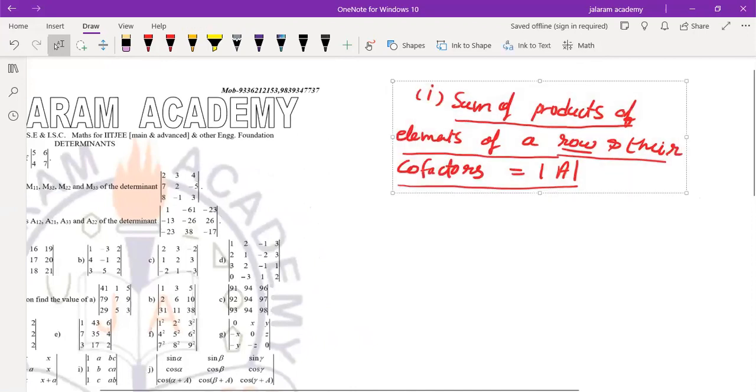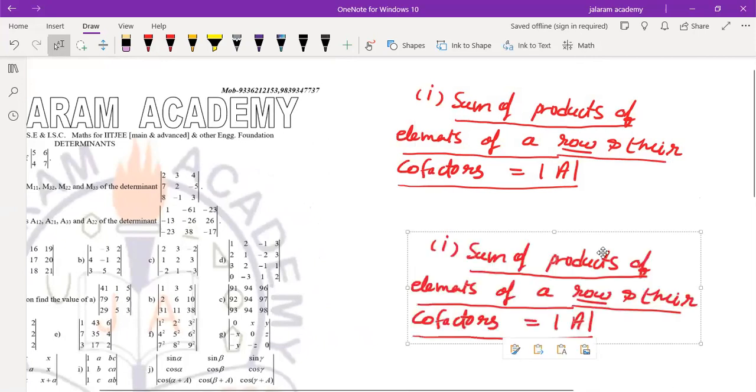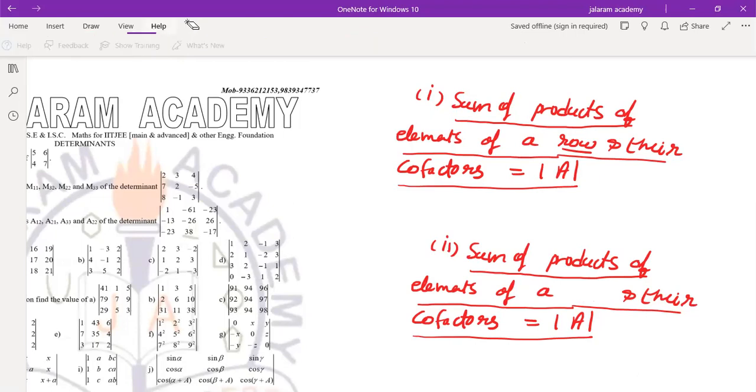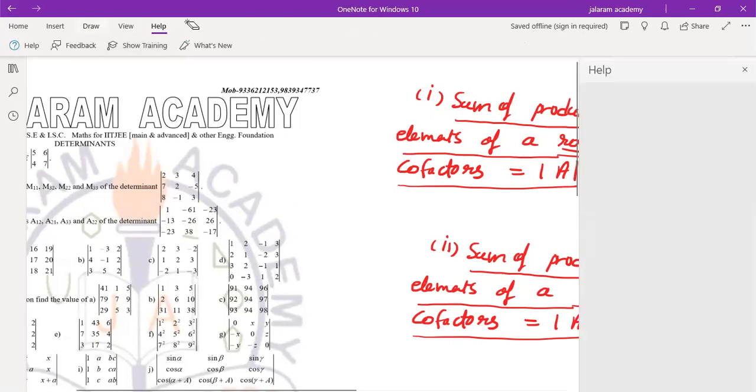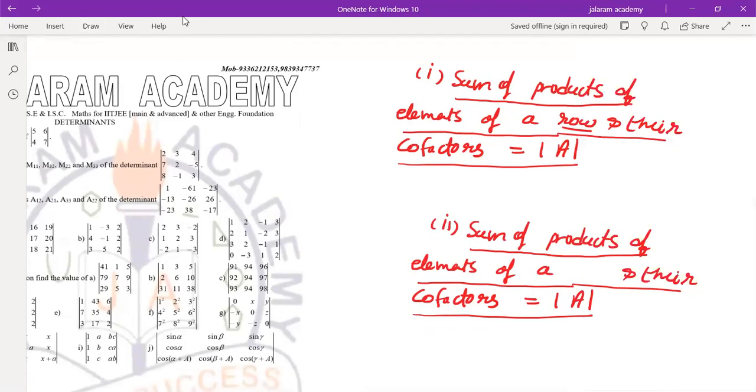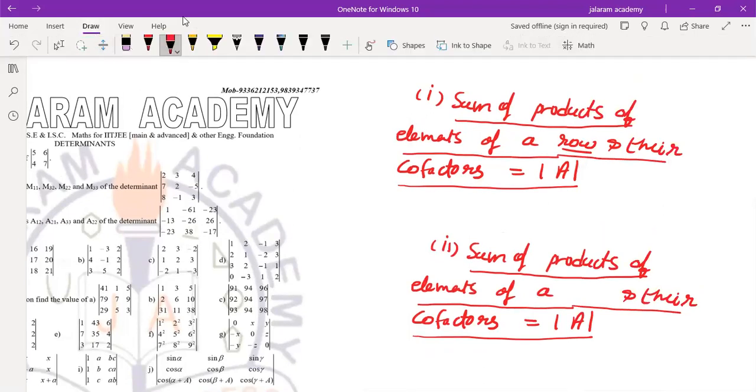So if we write the second point as the sum of products of elements of a column, in place of row, if we write column, then also it is correct, and we have used this also in previous sessions. We can write it in short as